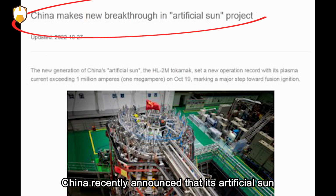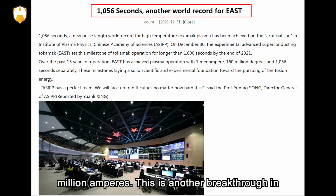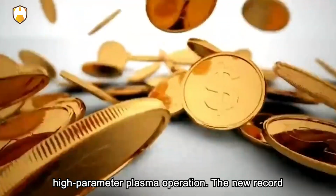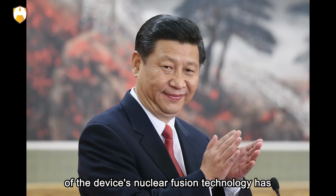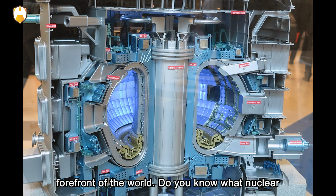Well, what a big breakthrough China just made. China recently announced that its artificial sun has achieved a plasma current breakthrough of 1 million amperes. This is another breakthrough in the world after the 1056-second long-pulse high-parameter plasma operation. The new record of the device's nuclear fusion technology has brought China's nuclear fusion technology to the forefront of the